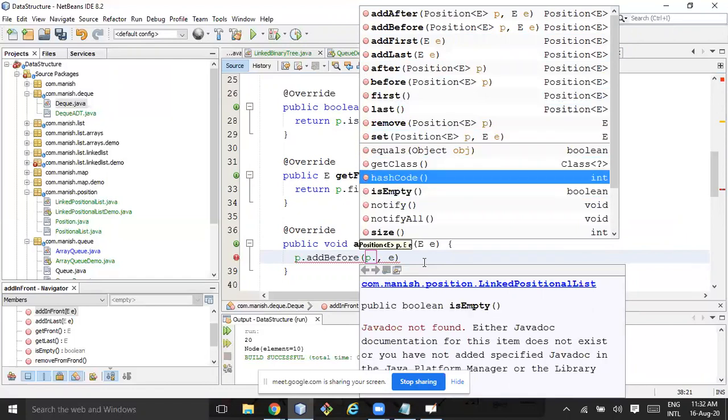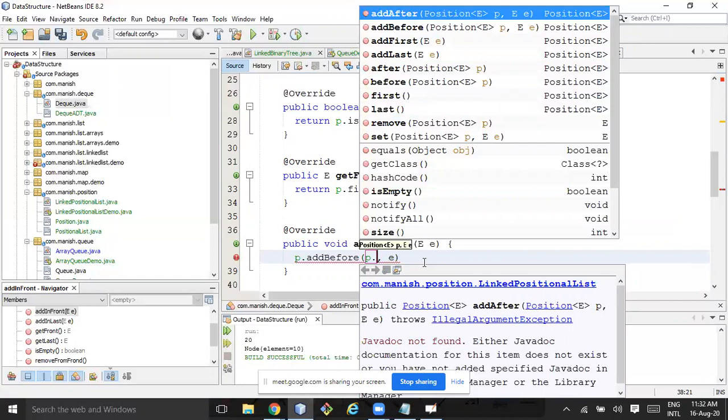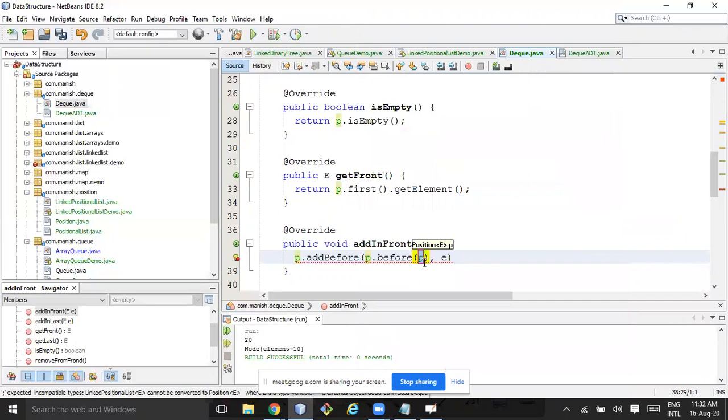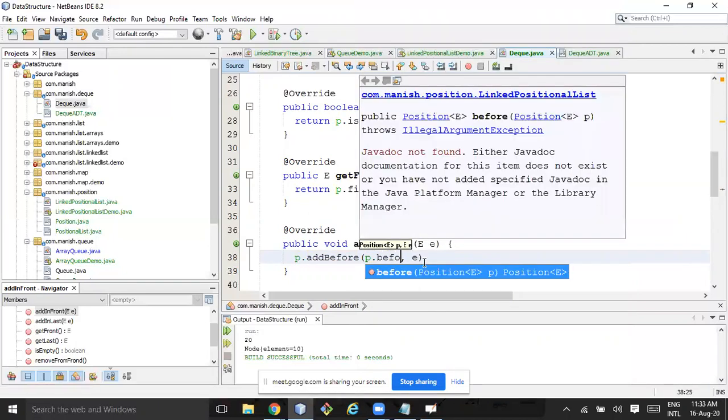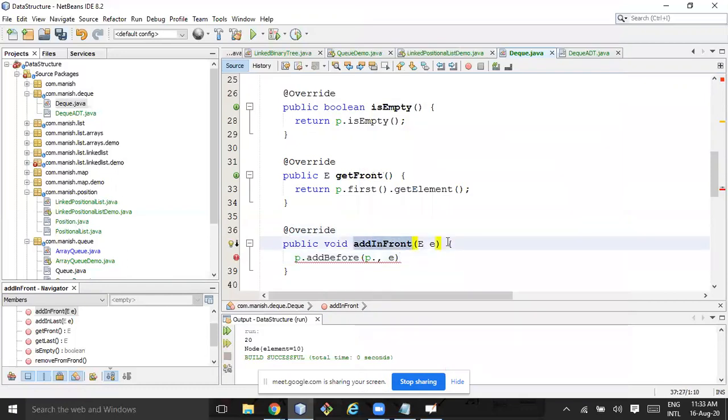I need to get header somehow. Before. Somehow I need to make this header public, then only I can get it. Then I can do add in front.